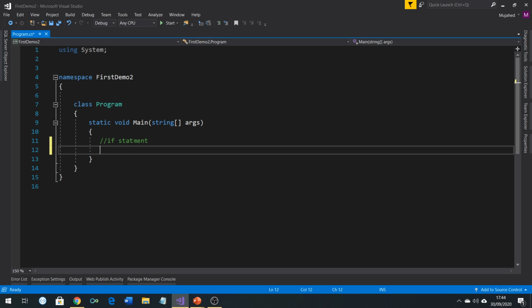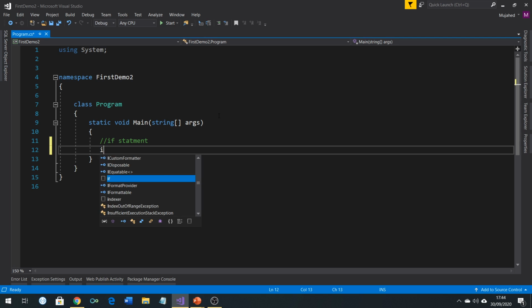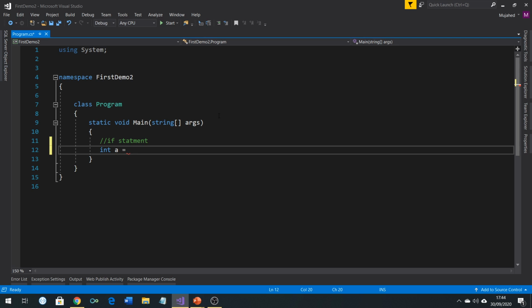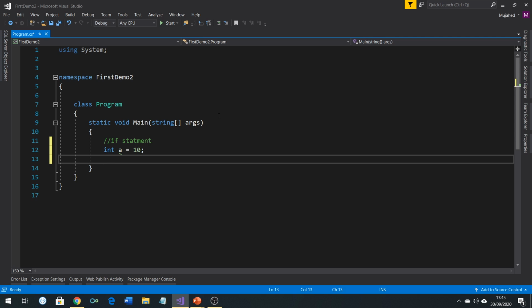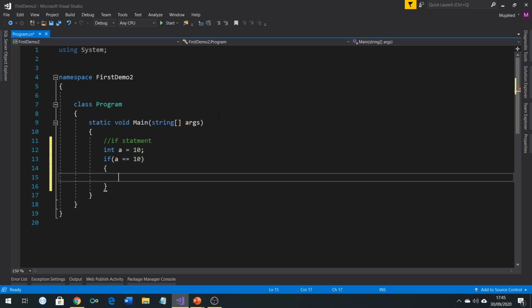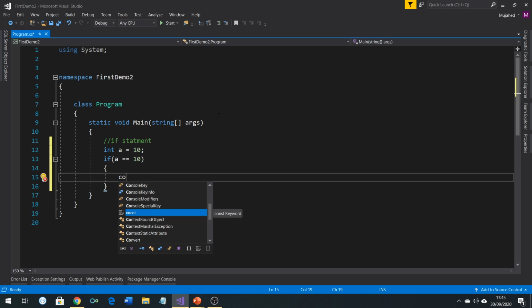To use the if statement, we need to declare a variable. Let's declare a variable of integer. Let's say a is equal to 10, and then we have an if statement: if a has the value of 10, and in between the two curly braces we need to add our piece of code. So we are going to write